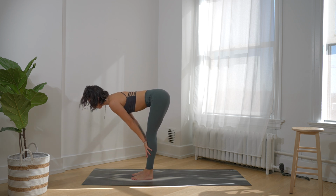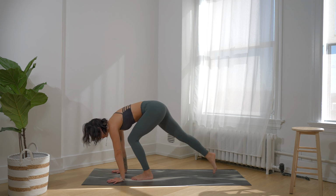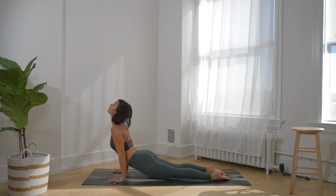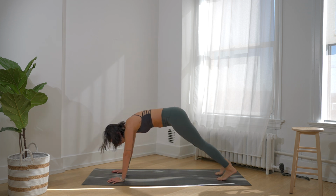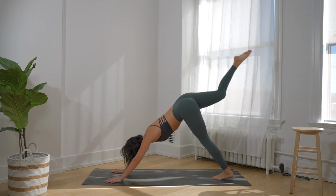Inhale to halfway lift, and then exhale, hands down, stepping back into our chaturanga. Full plank to come down halfway. Inhale, upward facing dog, and exhale, downward facing dog. As we inhale, we'll sweep our right leg up towards the sky, and then exhale, step it through into a